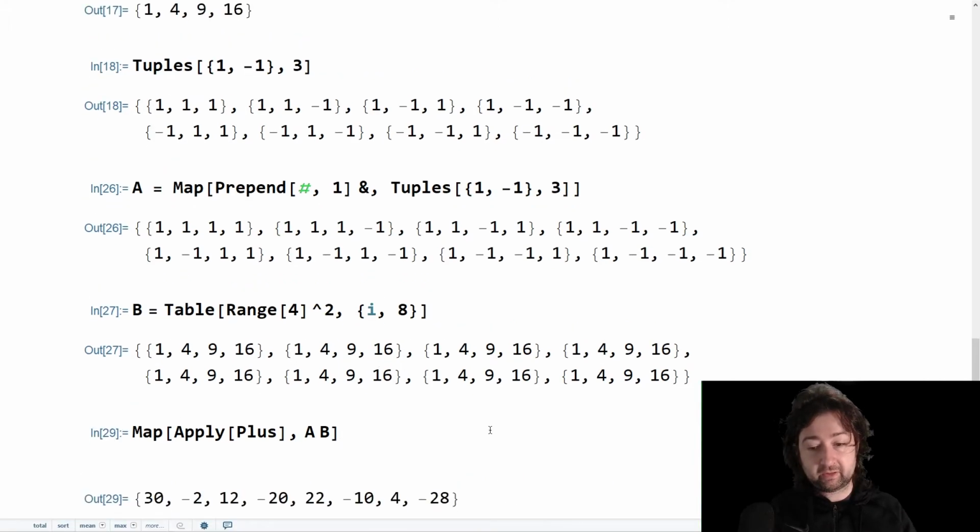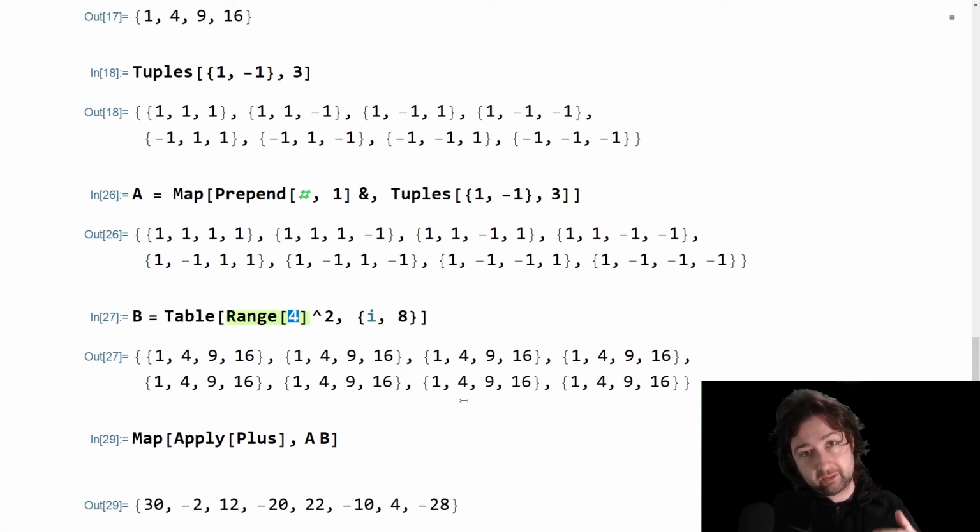And I get all the possible sums. So what I have here is the logical core of an approach to this problem that does not involve any of these weird substitution rules that we saw in the examples in the textbook. You can take this logic that I've built out here and build it into something that is actually just as